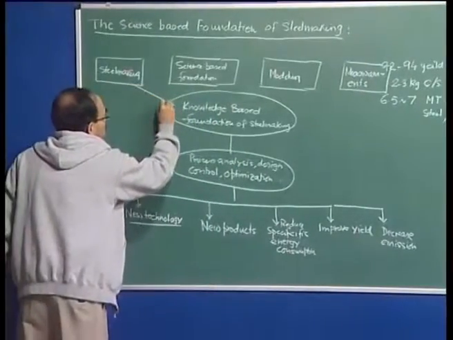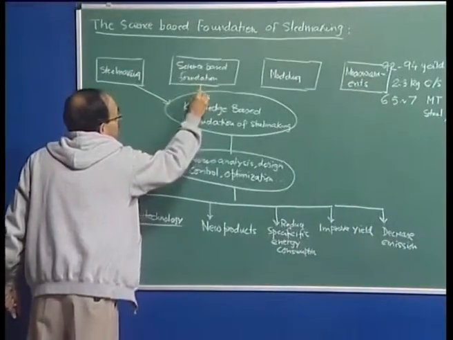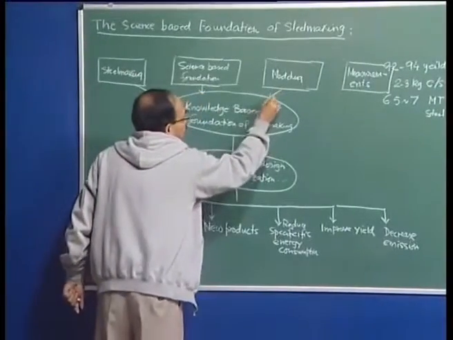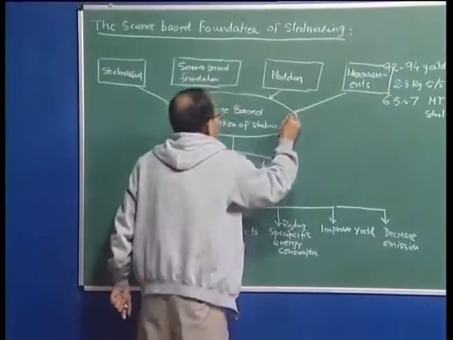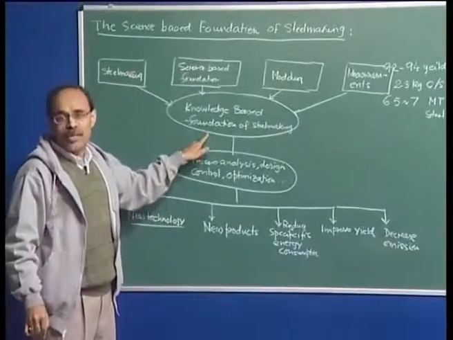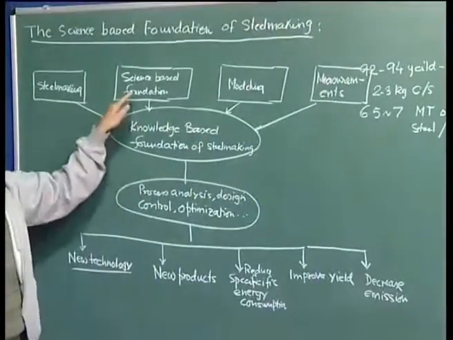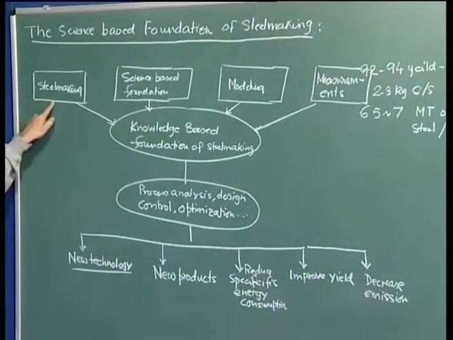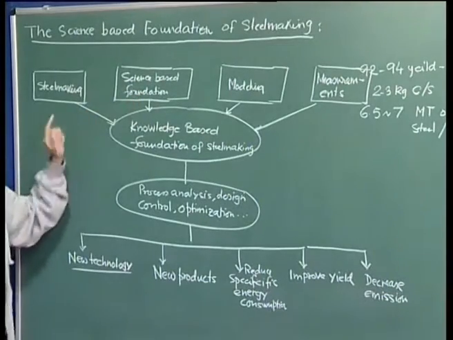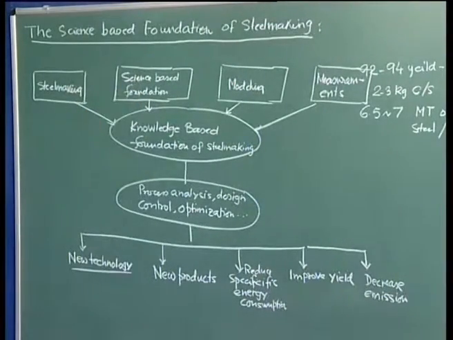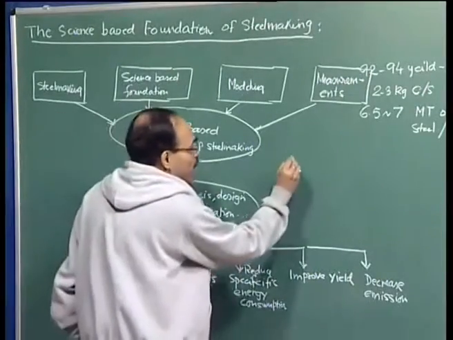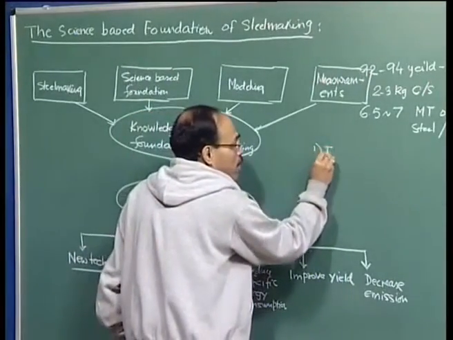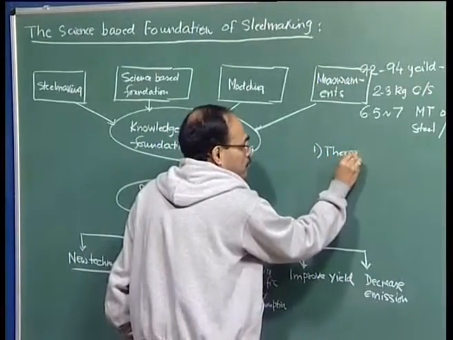So, manufacturing process, science based foundation, modeling, and measurements, they constitute our knowledge based foundation. You cannot omit any of this. So, you have to know the steel making technology, the steel making processes very well. You have to know the science based foundation of steel making. When you talk of the science based foundation, let us elucidate what it contains. The science based foundation of steel making contains, for example, metallurgical thermodynamics,